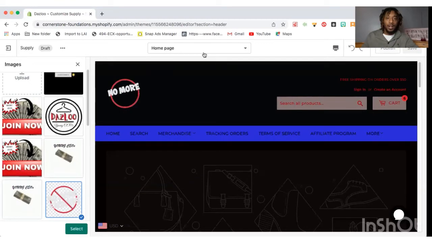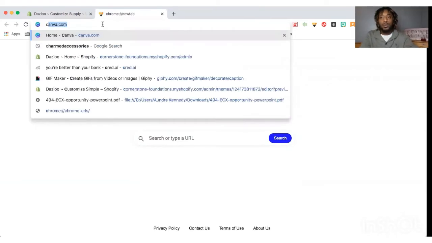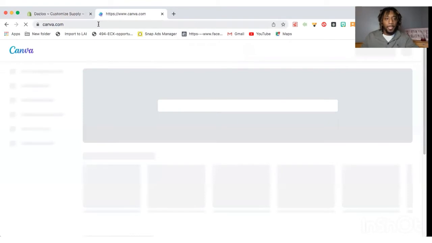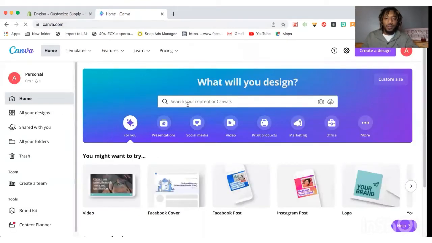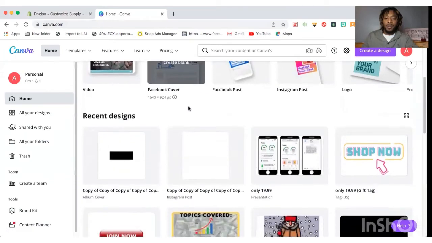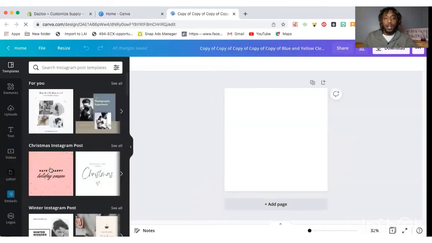Now, one of the best websites we use for creating websites is going to be Canva.com. This is a lot of where we do our graphic design stuff. If you guys want a further overview of this, we can dive deeper, but Canva.com is what a lot of people are using.